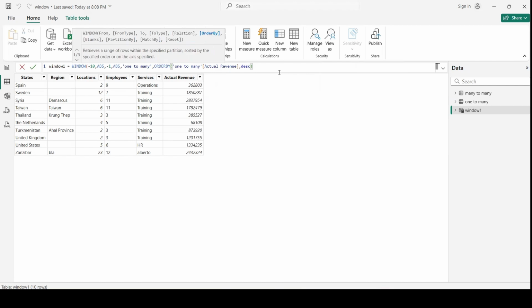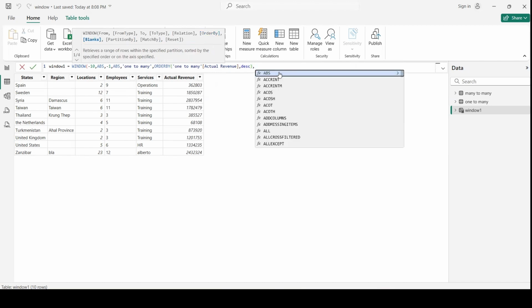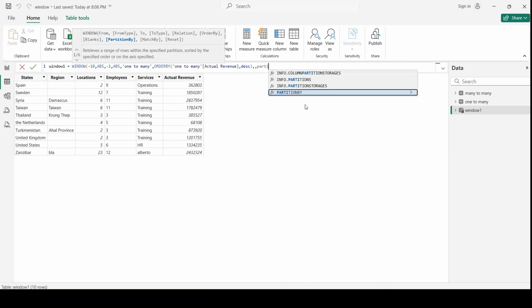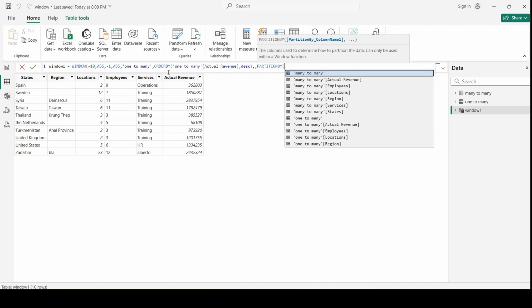So we'll close the parentheses, and we don't have blanks now, so we have the partition by. This is really important, so we need to add it. Whenever we use order by, it's good to also use partition by. Partition by is like separating our data based on some clustered formation in a column, like for example where we have services, right?